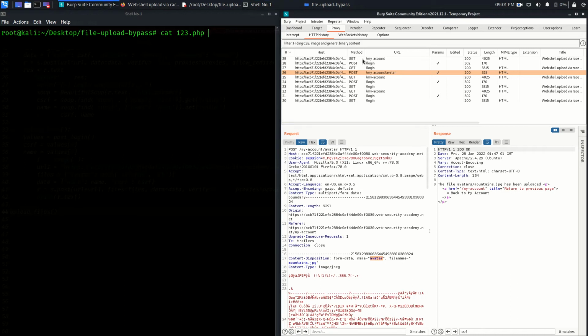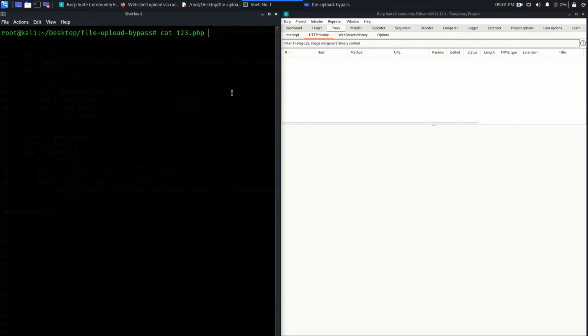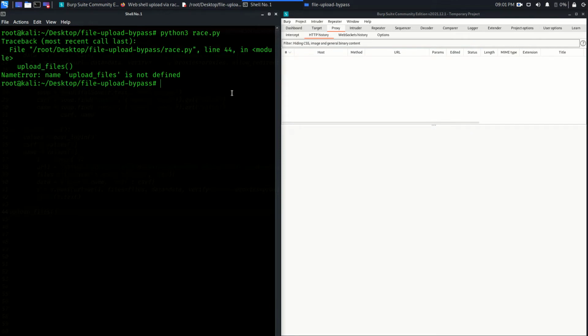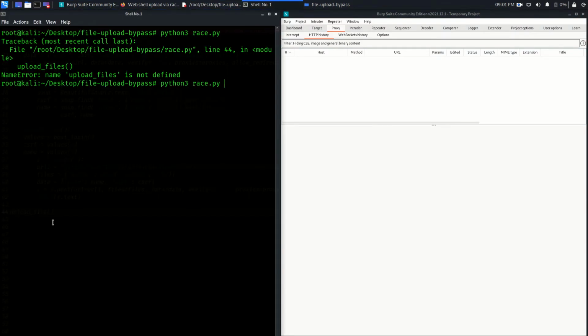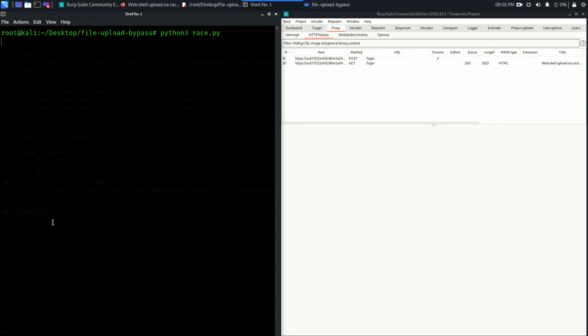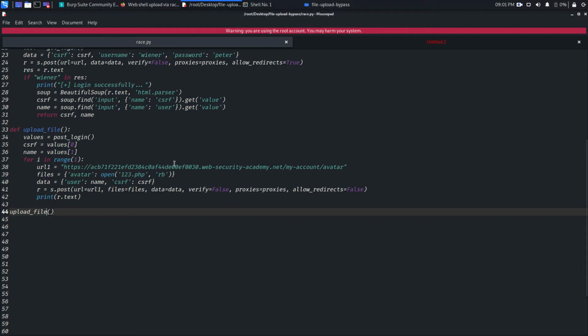So this is Control A, I'm going to clear the history again. python3 res.py. Upload files is not defined. What did we mess up? It should be upload file, not files. Save it, run it again, and we are getting the request: login successful, sorry, only JPG and PNG files are allowed. It means our request is good and we are working fine, because we are trying to upload the PHP file which